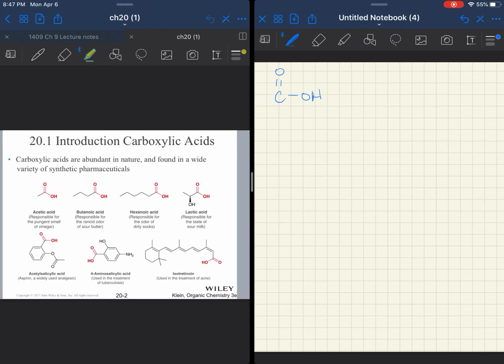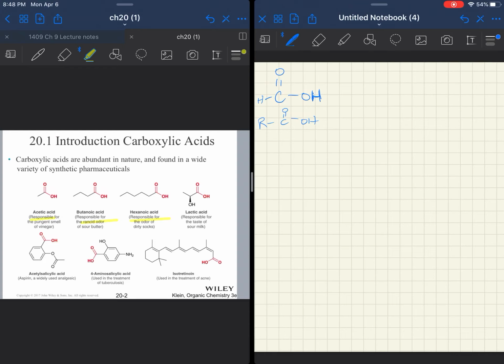All right, we should all recognize the carboxylic acid functional group. It was a carbonyl with an OH. Now, on the other side, the smallest carboxylic acid would have a hydrogen, or you could have any R group here. As Klein loves to do, here is a random assortment of carboxylic acids, everything from acetic to butanoic,